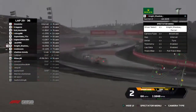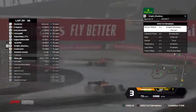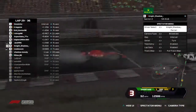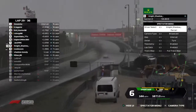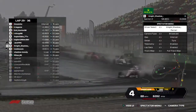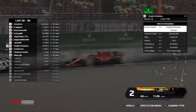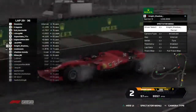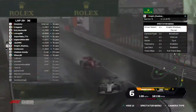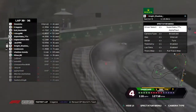Night Shadow all over the back of Jack. He's got more pace than the Alpha Tauri in front, but thus far can't find a way through. Oh, bit of contact there. That gets very close to both of them, spinning around. He's all over it, and he's going to be down the inside into the chicane now. He's got the run. No, not quite close enough to get ahead of him. Bloxham's going to be watching this battle closely just behind them, and he'll look to capitalise on any shenanigans that happen between these two. Between now and the end of this Dutch Grand Prix, which has been full of drama